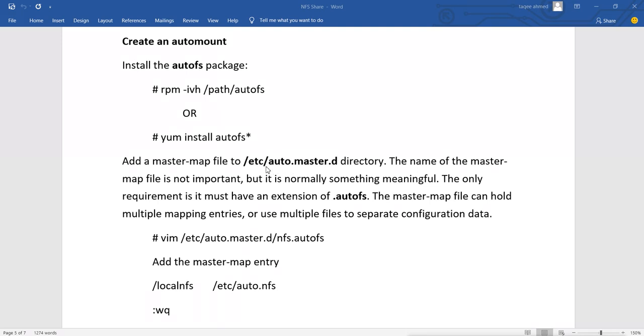When the software updates, sometimes it changes the default configuration file for the master map, that is auto.master. To prevent that, we can create our configuration file in this directory, so it will not be impacted by the software update.